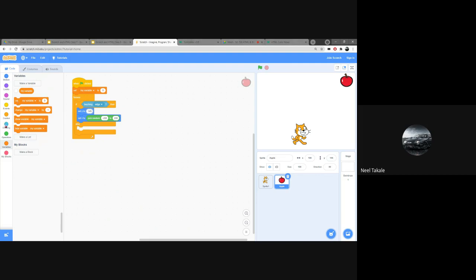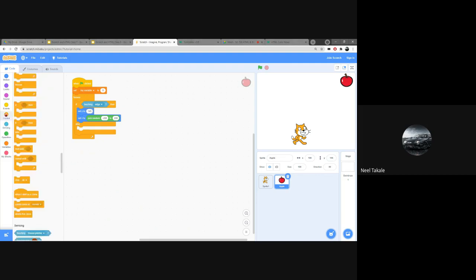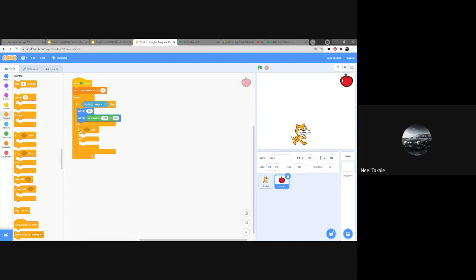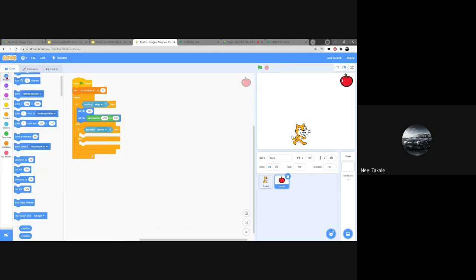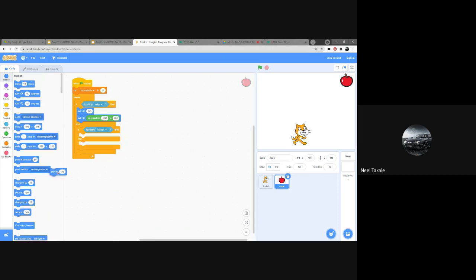Then otherwise, we're gonna have another if else. Otherwise, if we're touching, what is it, sprite 1? Oh, if we're touching sprite 1, then we do the same thing. So we're gonna go to motion, set y to 145, set x to duplicate, and then,